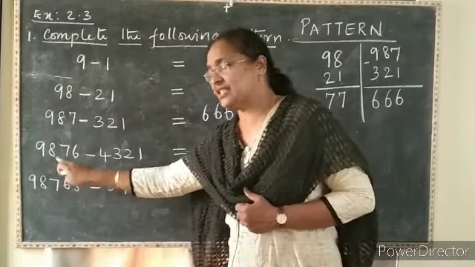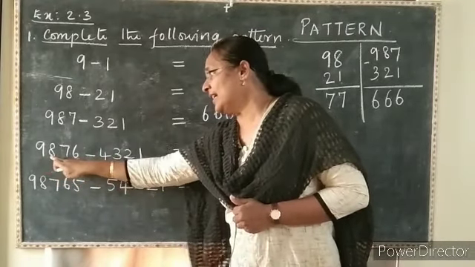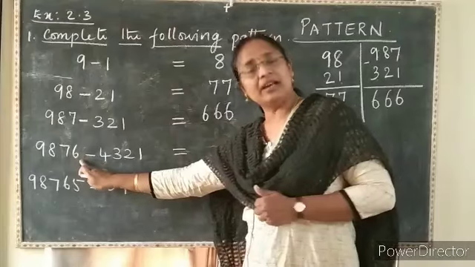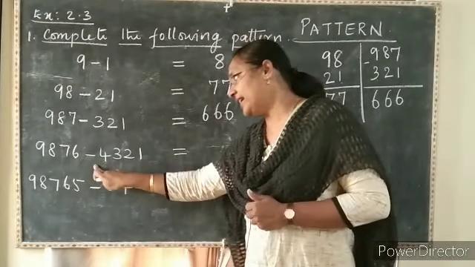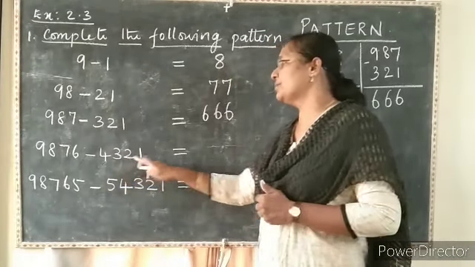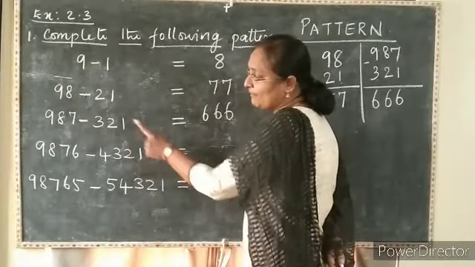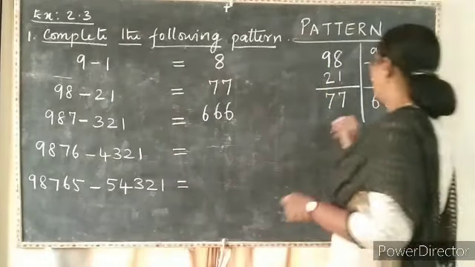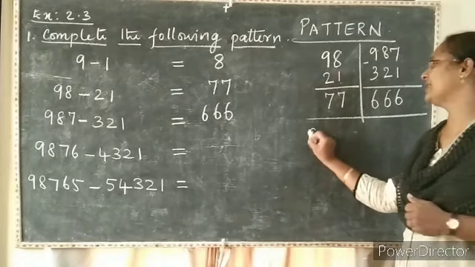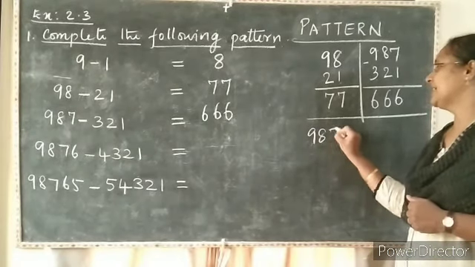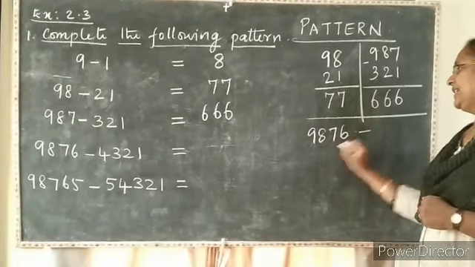Now let's check the next one. See now 9, 8, 7. Again one more number is added. What is that? 6 minus 4, 3, 2. Now you compare this and this, one number is added. Now let's check what will be the answer when we subtract 9, 8, 7, 6 minus